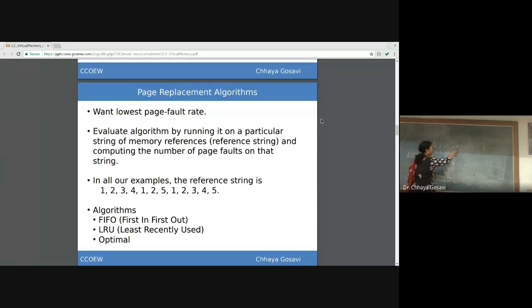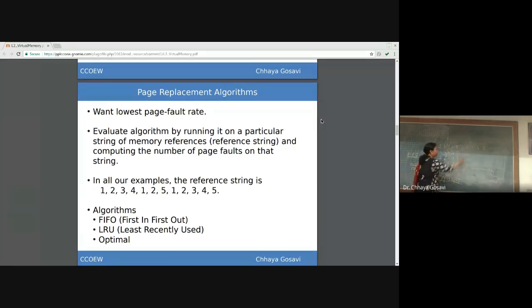We have to bring page number 5. 4, 1, 2. These are the page faults. 5 is not in main memory. So find the victim page. It is 4. So 4 should be replaced by 5, and increase the page fault count. At a time only 3 pages will be enough because the queue is representing our frames, the number of frames.